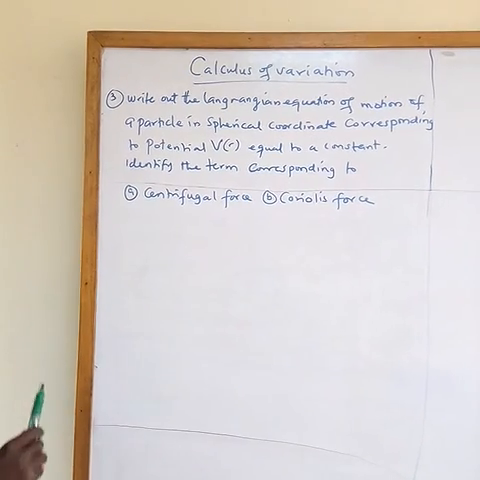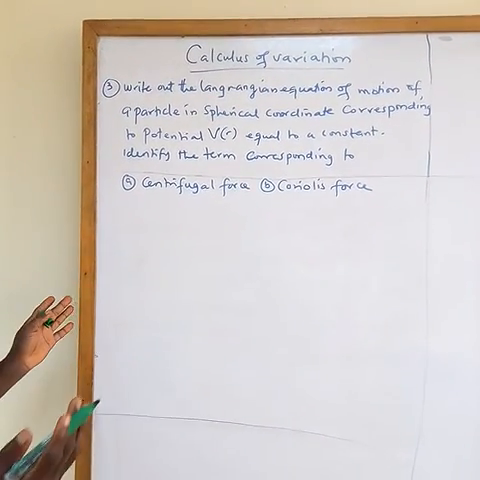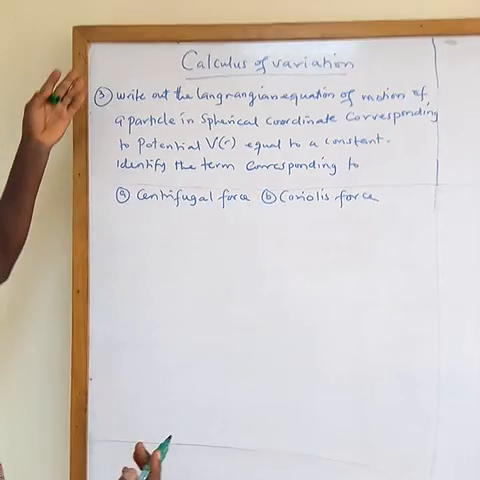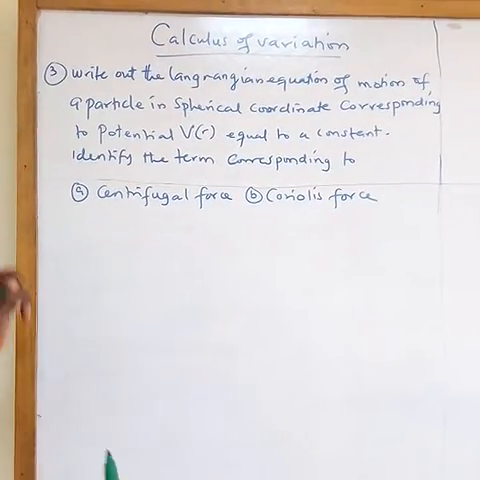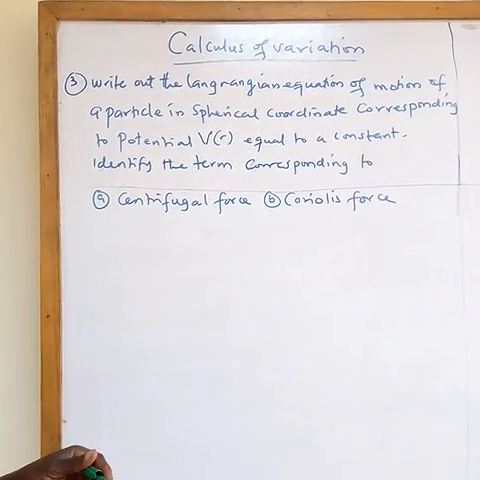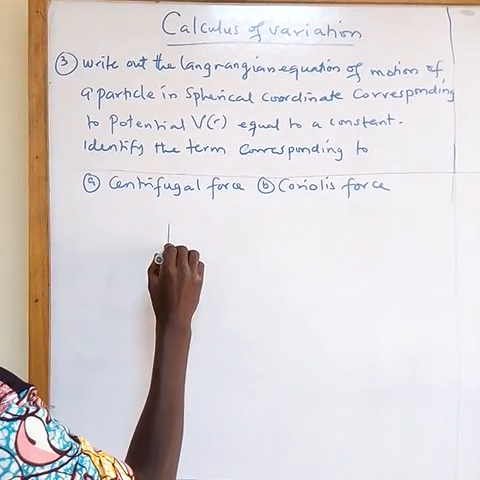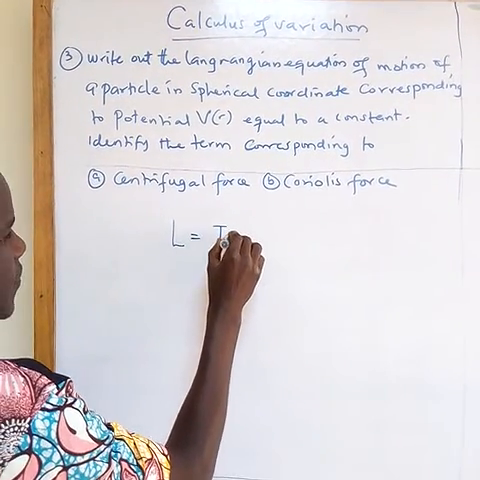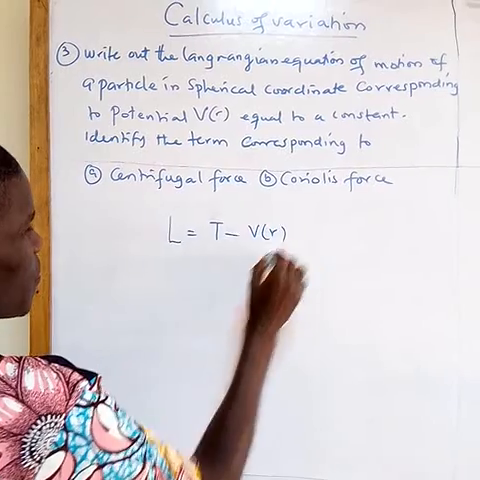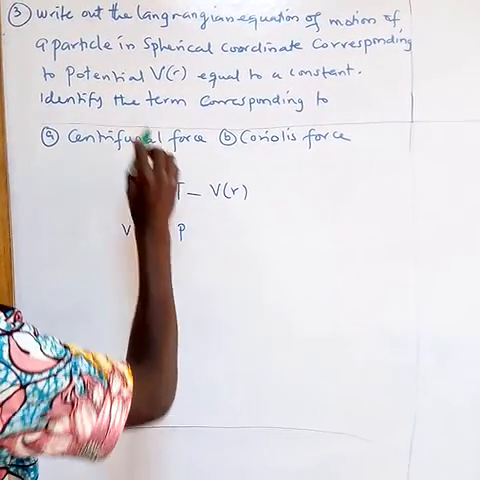In order to solve this problem, the first thing we need to establish is the Lagrangian relationship, because the question actually stated clearly that you should write out the Lagrangian equation of motion of a particle in spherical coordinates. Since we know that our L is equal to T minus V of R, where V of R is the potential,